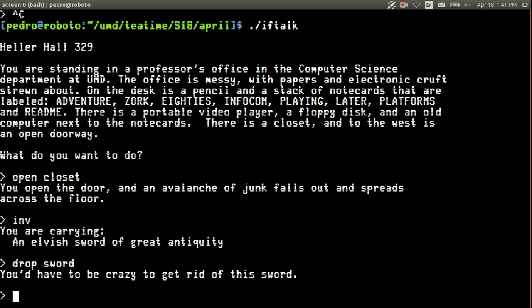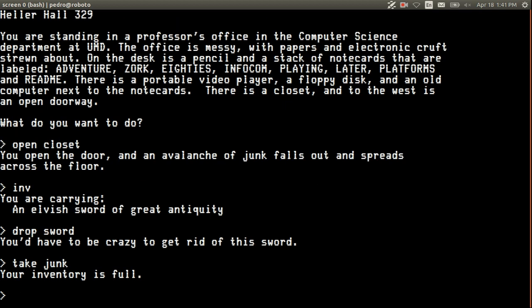Okay, there we go. You'd have to be crazy to get rid of the sword. So we might wind up in the newsletter. So now what? It won't let you do it. Can you equip sword? No. So pick up junk. It was full. Yeah, but now that you drop the sword, is it still full? They don't let us drop the sword. Oh, this is my way of avoiding handling inventory.